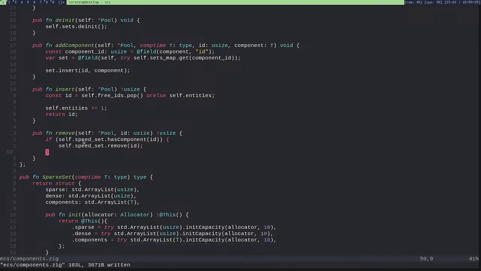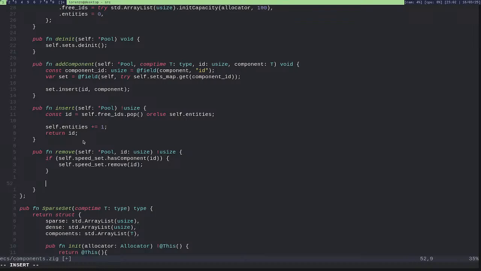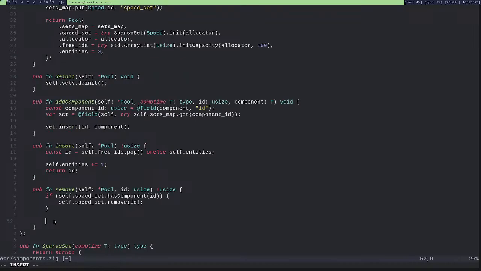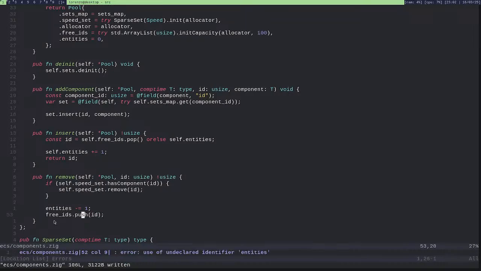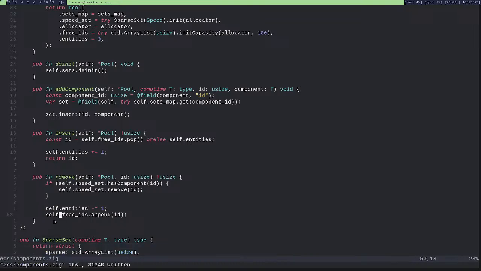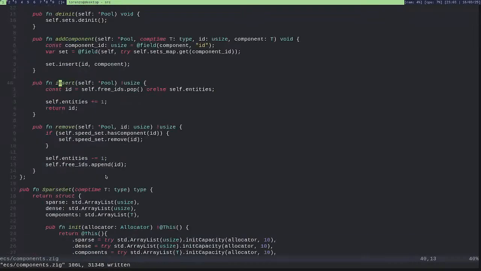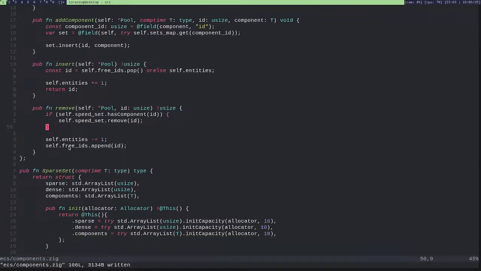Okay, and after all of this, I will have to decrement entities and free IDs append ID, which is not push but append. This is self and self. Well, really, this should almost be it for an entity component system.